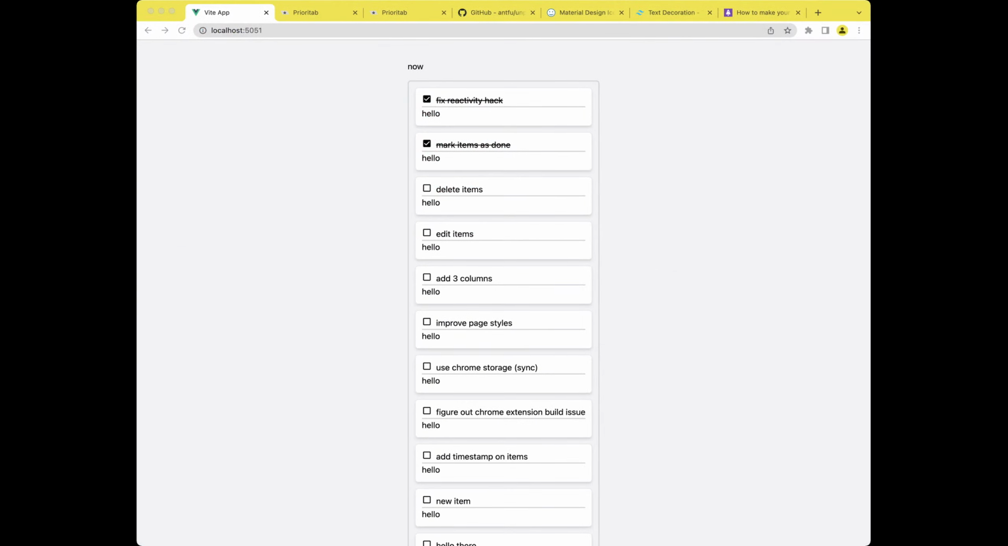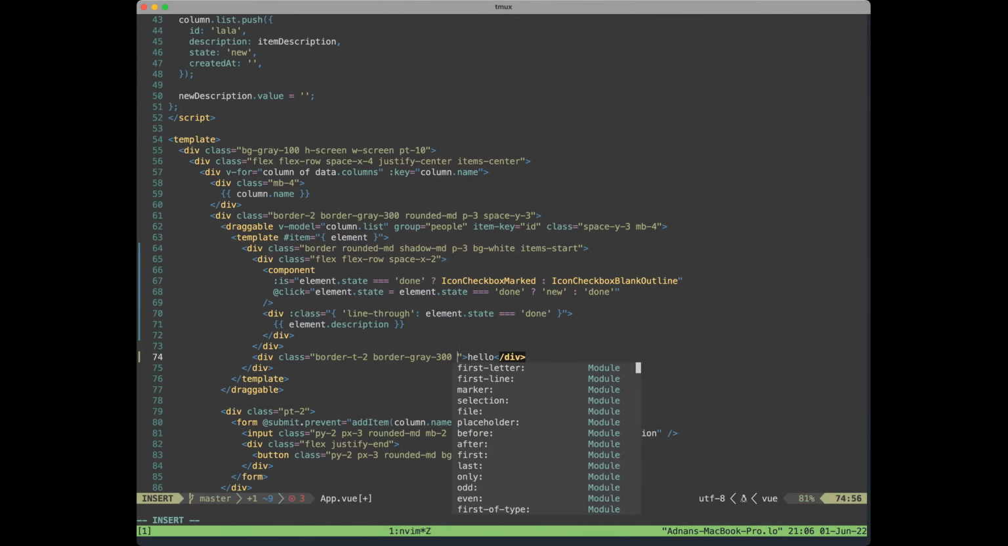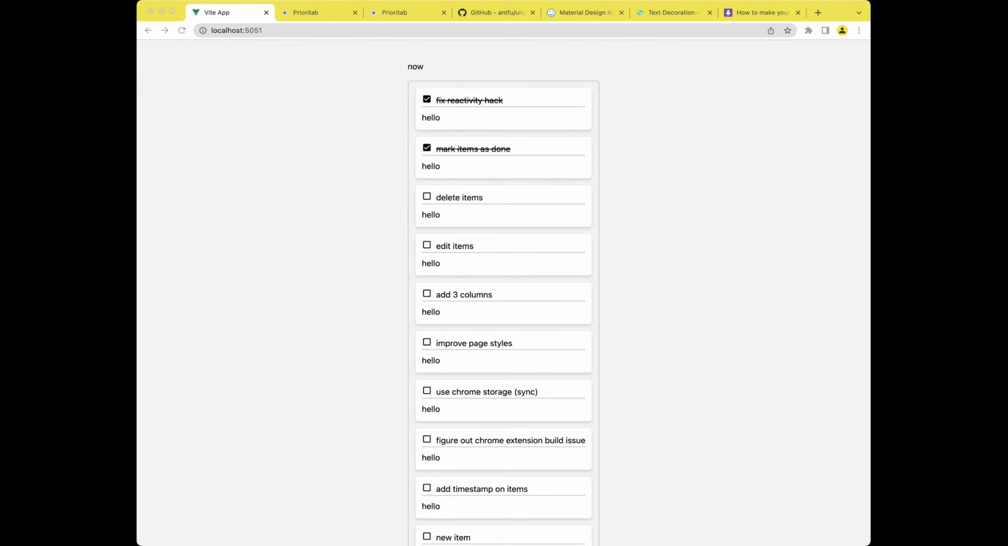Okay, great. Let me fix the spacing on this a little bit. And then the padding on this is 3. So I'm just gonna add a little bit of padding here. And I don't actually want